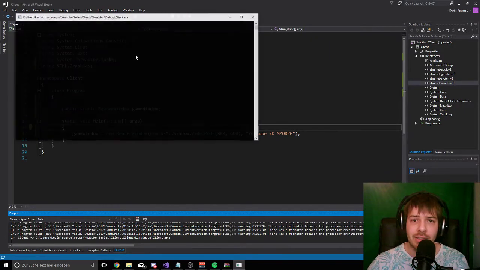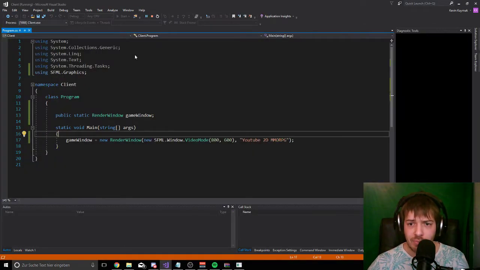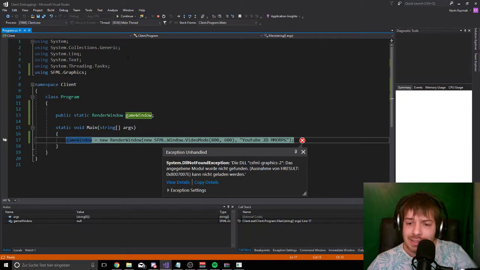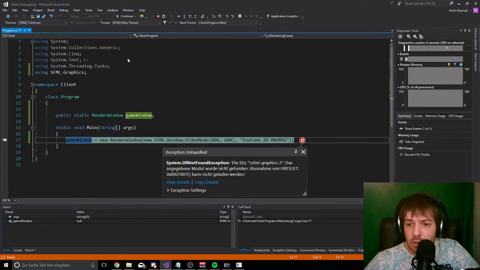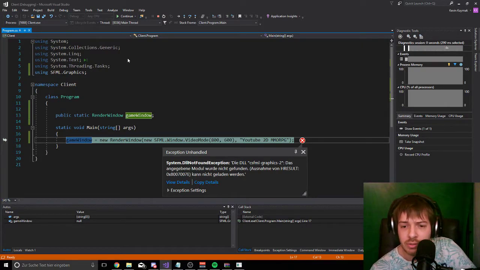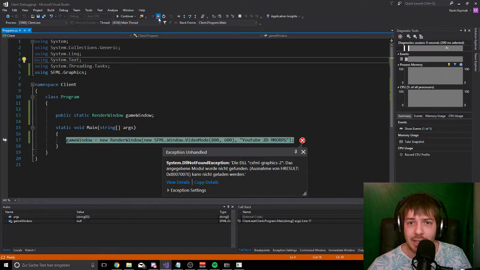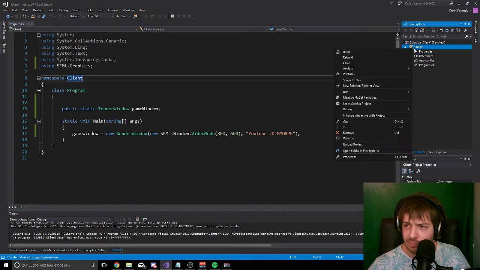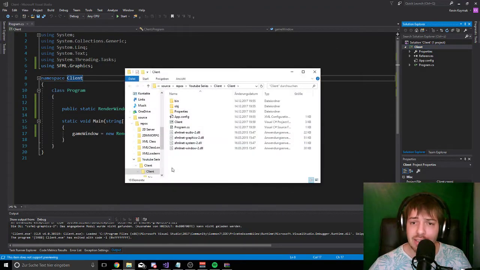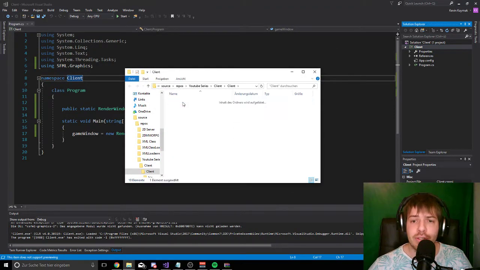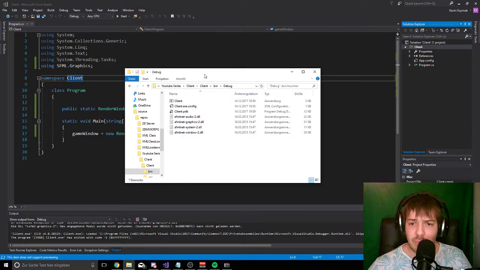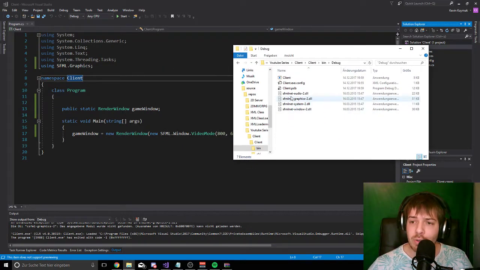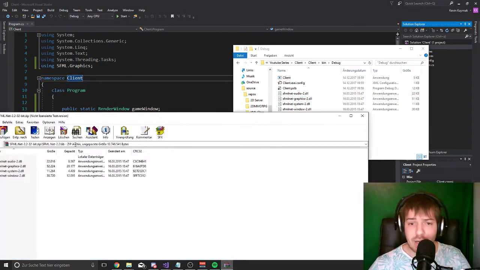When I hit start debug, system, an error. System.DllNotFoundException: CSFML-graphics-2. Okay, a big mistake. When you go back into your project folder, then you go into your bin folder under debug. You have added those SFML.Net libraries, but now what else we have to add is